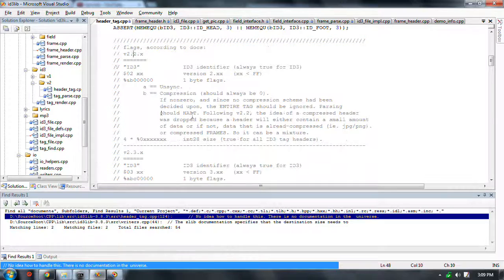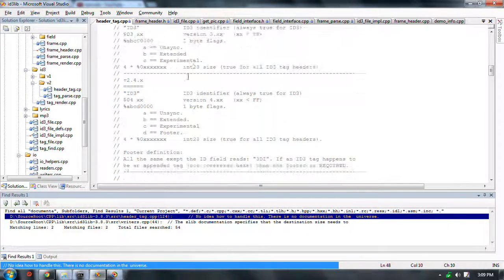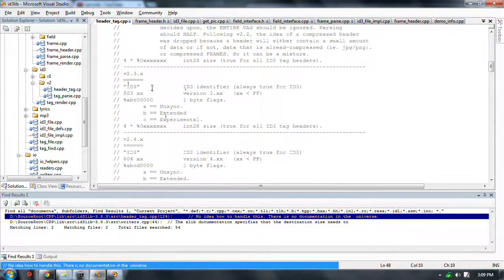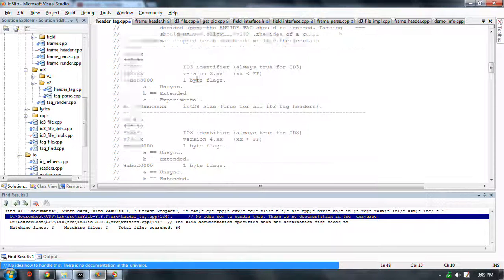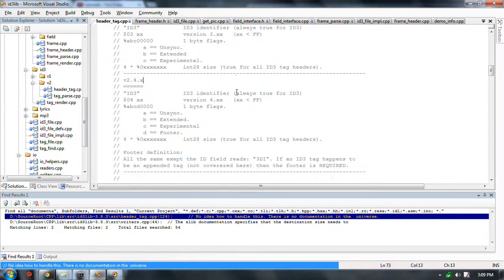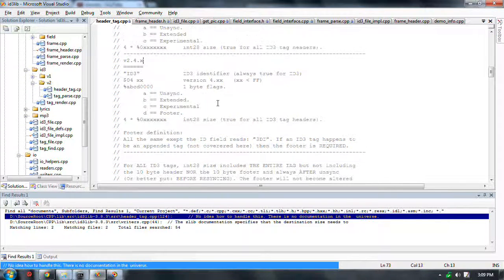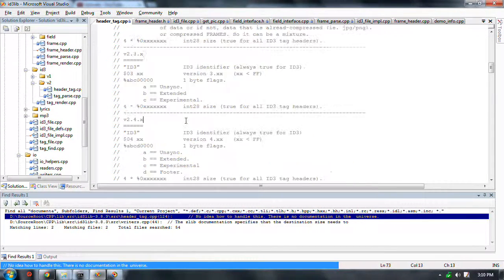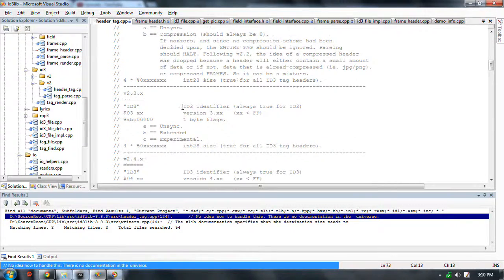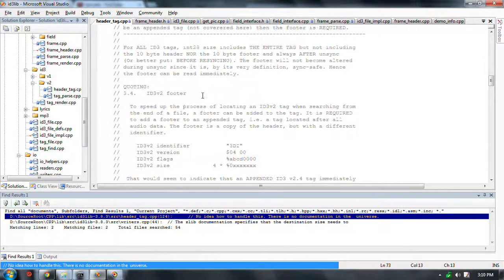2.2 is the oldest version known. 2.3 is the version that was always coming up with pretty much everything. And 2.4, finally, I run into one with a picture. Now, one of the things that's different about these things, and I don't know if it's in this note,